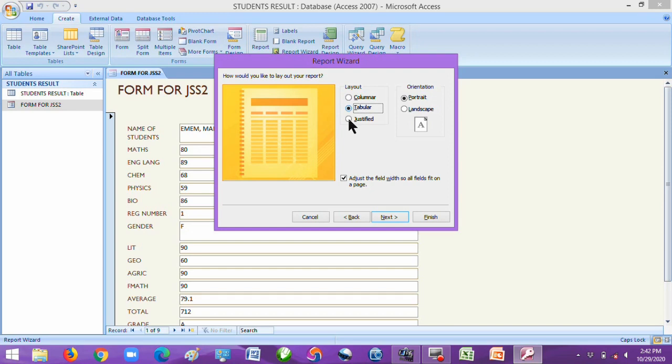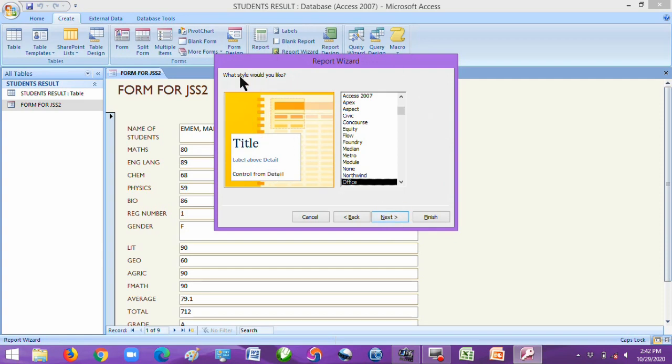Then let me select justified and use that for this particular report. And then see also here, adjust the field width so all fields fit on a page is necessary, so that irrespective of how many fields you have, it can fall within one page. Then tick this box, then click next.